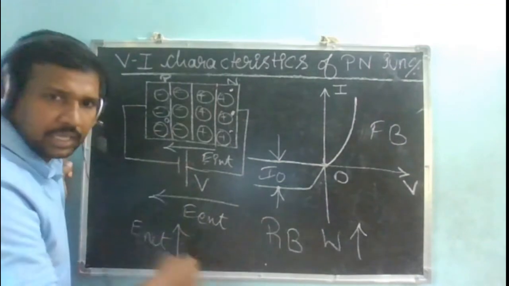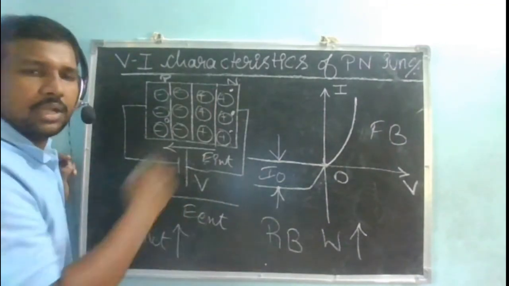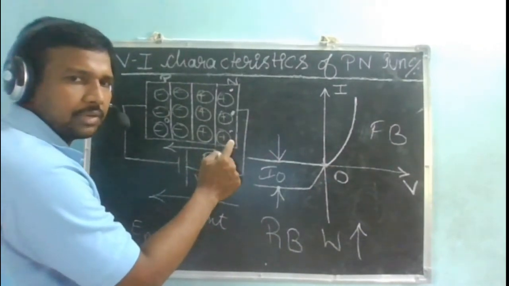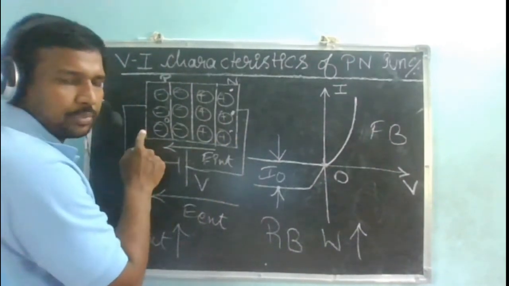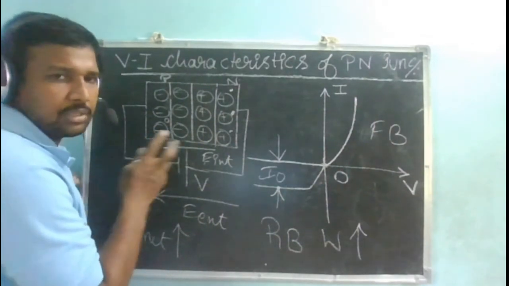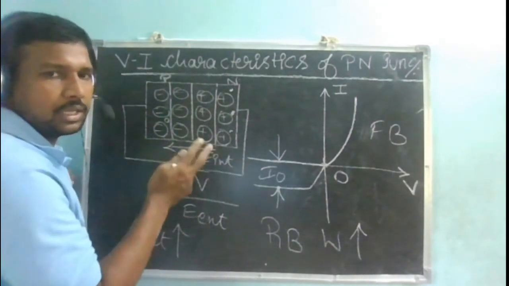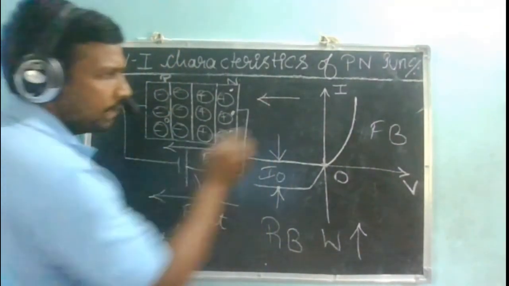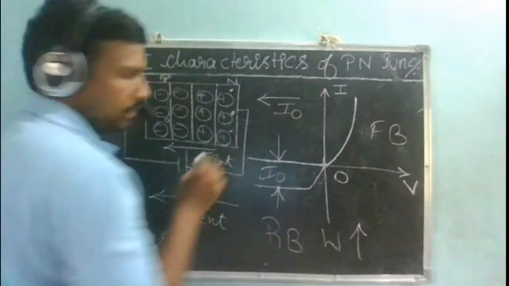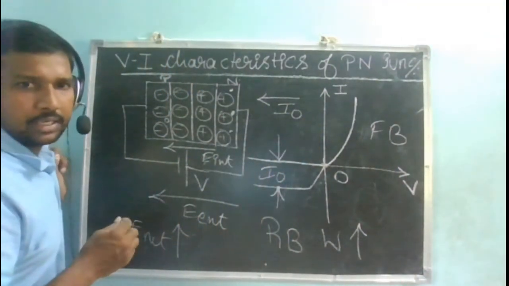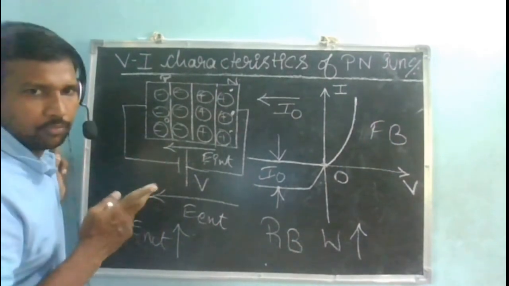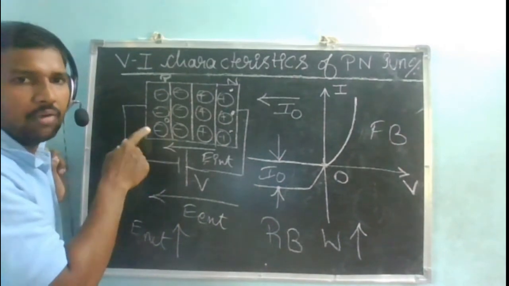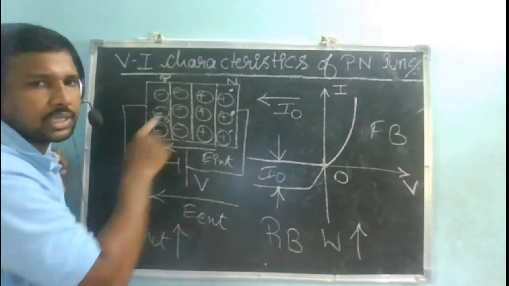Because of this electric field, which is so large, it is going to take away all the minority charge carriers in your N side as well as your P side, across the junction. Because the minority charge carriers are crossing, there results some current in the opposite direction, from N side to P side, and that is what is represented as I naught. So there are two types of currents now. One is due to the holes moving from N side to the P side, minority charge carriers. The other is due to the electrons moving from P side to the N side.